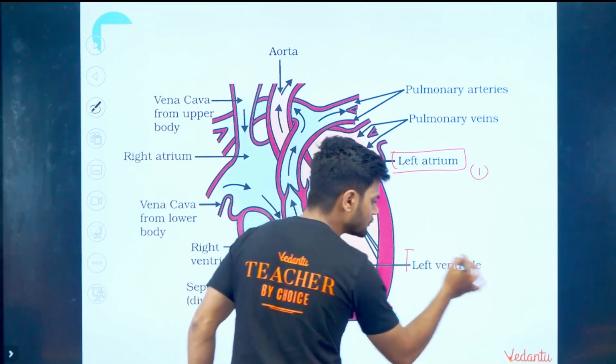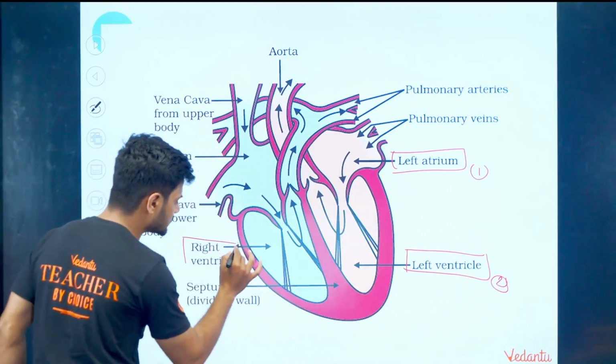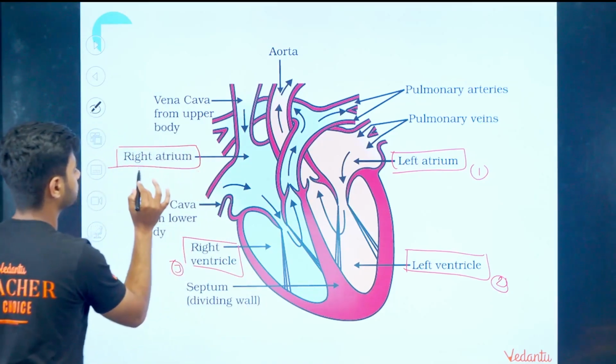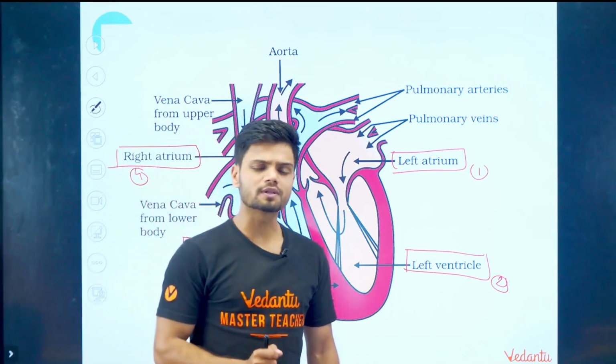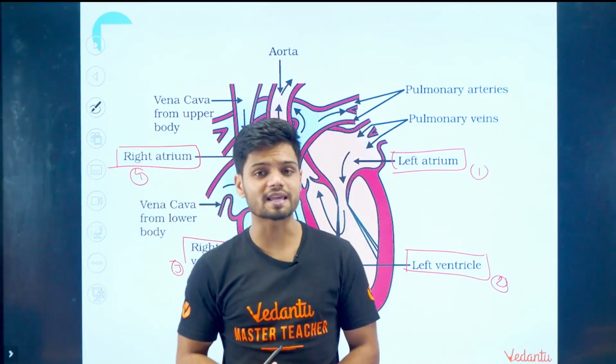Then we have left ventricle. Second one here. Then we have the right ventricle. Third one. And then we have right atrium, the fourth chamber here. 4 different chambers done. Now students, tell me, is oxygenated blood usually carried in arteries or